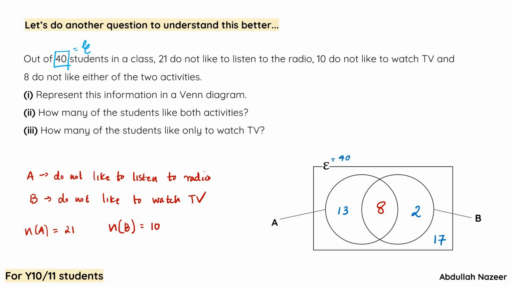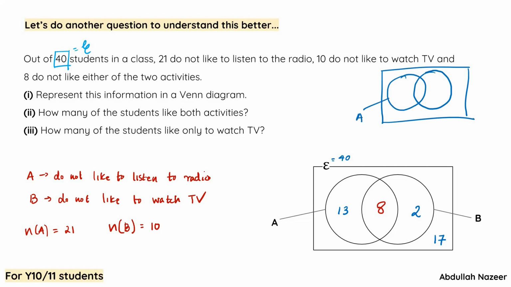To do that, I'm going to just draw a similar set here. This is my set A and this is my set B. So A and B have the usual meaning in this question. A is do not like to listen to radio, B is do not like to watch TV. Now let's interpret this. If I shade this region